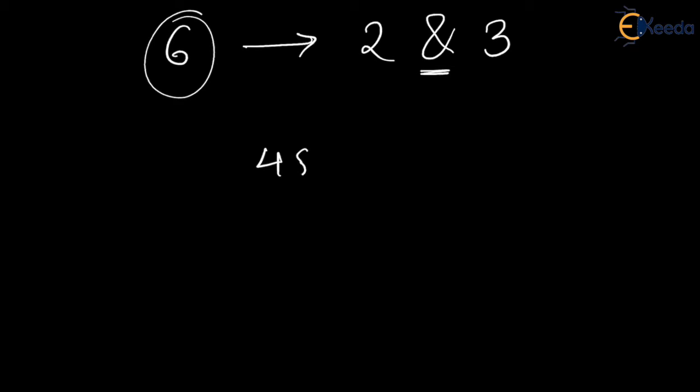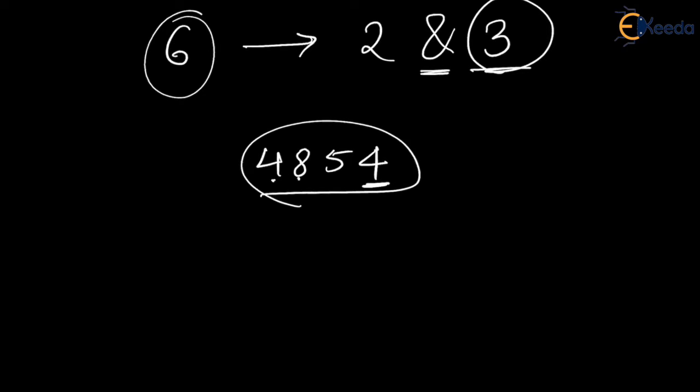So if I give you a number, let's say like this, is this number divisible by 2? Definitely yes, because the last digit is 4 here. Is this number divisible by 3? You have to check it. So 4 plus 3, 4 plus 8 is 12, 12 plus 9 is 21, and hence this is divisible by 3. Since it is divisible by 3 as well as 2, it is divisible by 6.